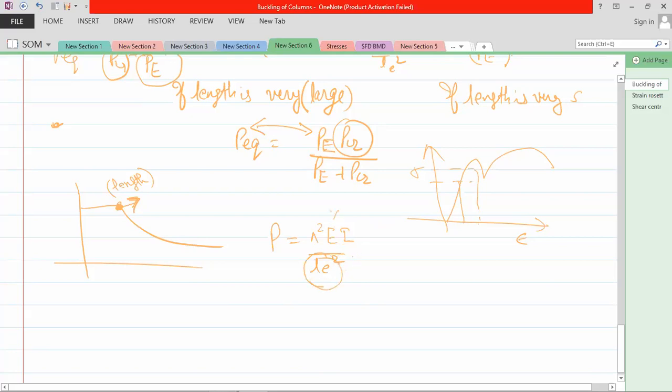They haven't given the E value, I am remembering, they gave the I value. They need to find the length. They provided the stress strain curve for the material, and they asked to find the minimum length for Euler buckling. So that is this point. What is the meaning of that?